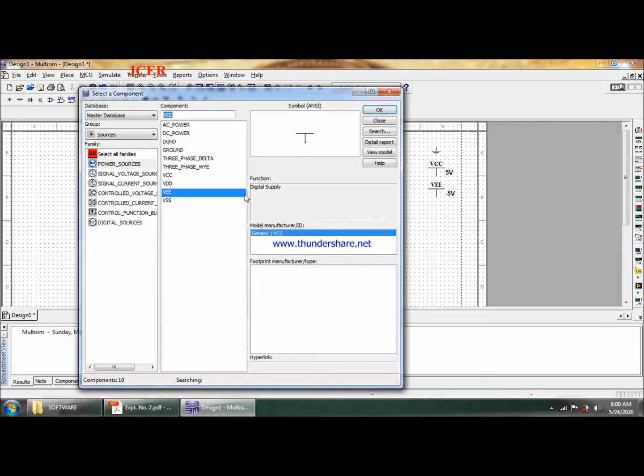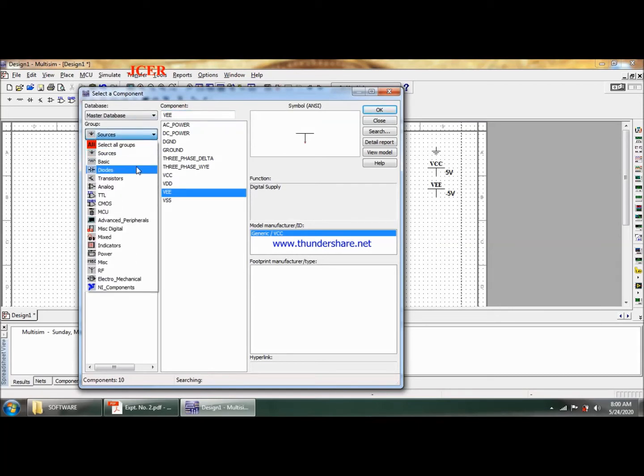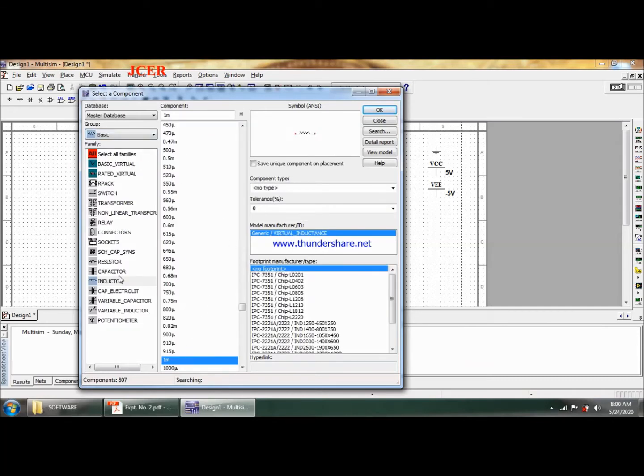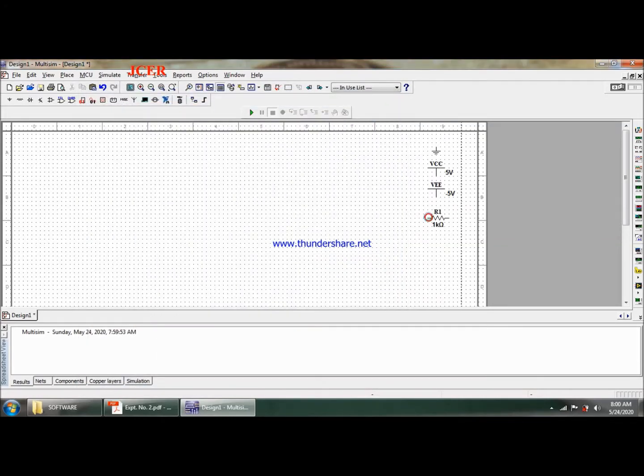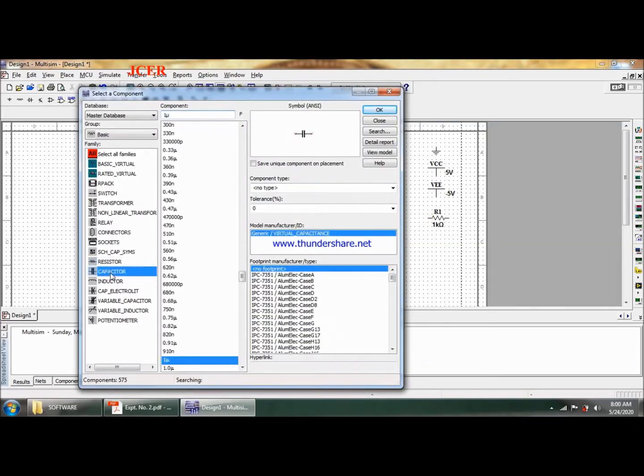Later I'll go to this group, select basic, and click on resistor, place it on my canvas, and then click on capacitor and place the same onto my canvas.